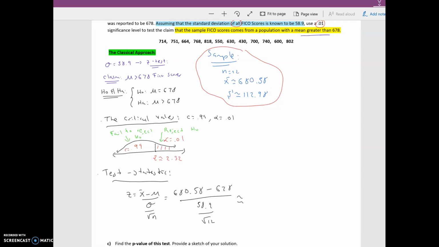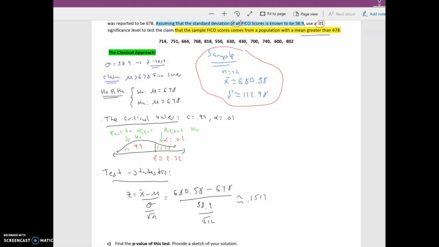And this is a 678. And I'm getting that this is approximately